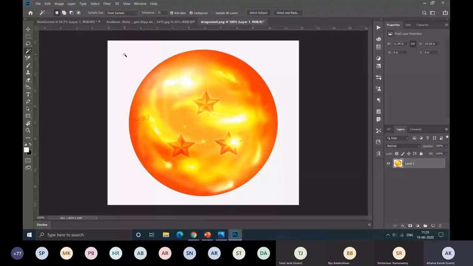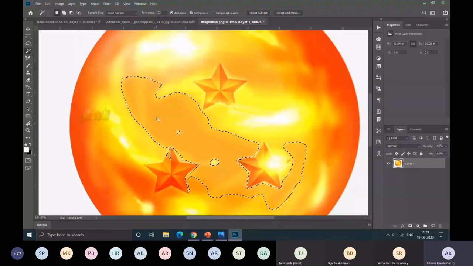You will see that. As the quick selection tool, magic wand tool also works on the algorithm of contrast detection. So when I click on this white part, you can see that this orange ball and the white part has a very clear boundary here. So the contrast detection can detect these boundaries. So when I click on this white part, all the white part has been detected. But when I try to detect the ball from here, suppose I click here, it will just select this portion orange because the algorithm detects these two colors as a boundary here, as this is yellow and this is orange.